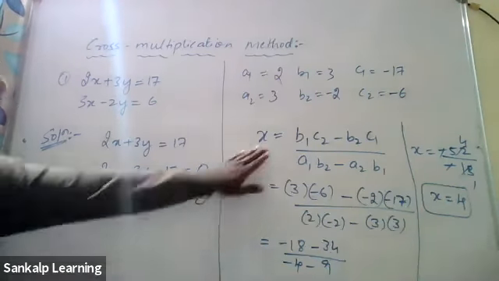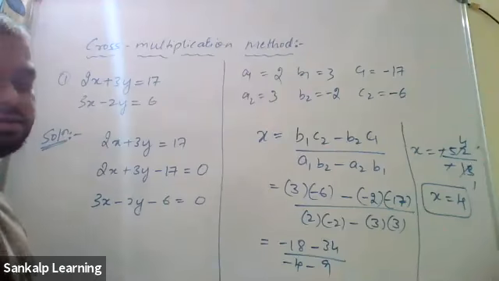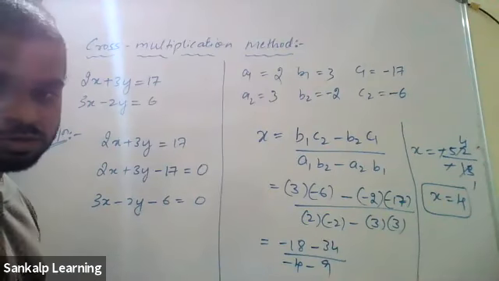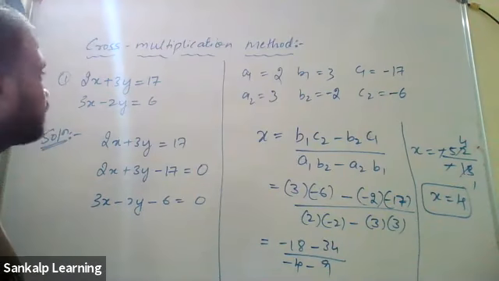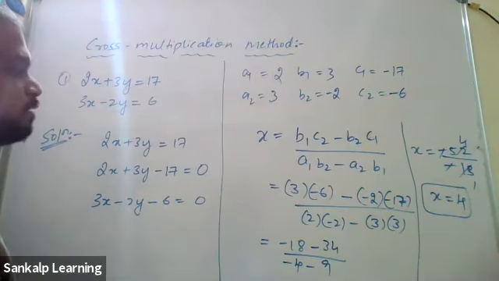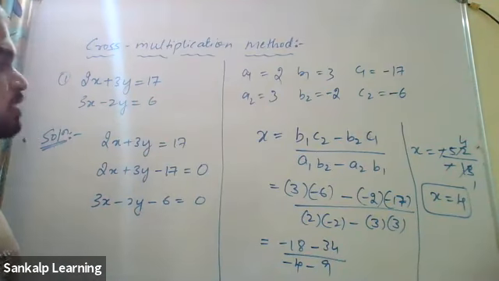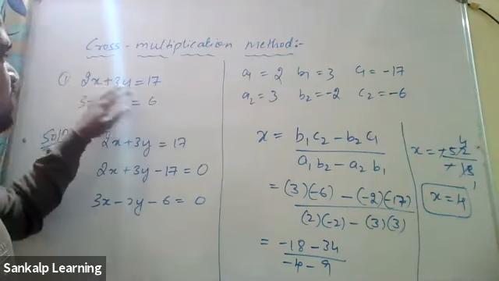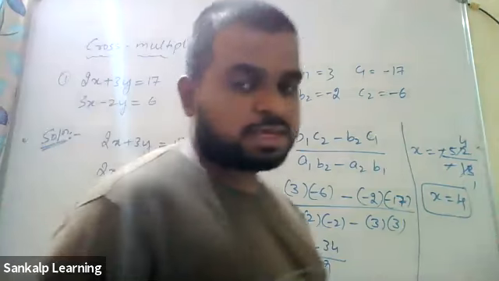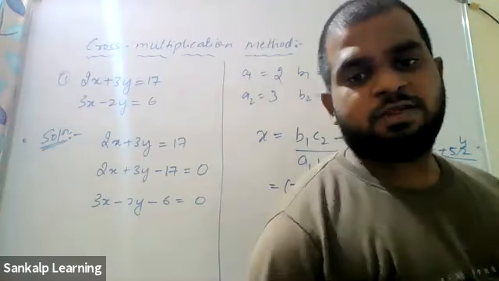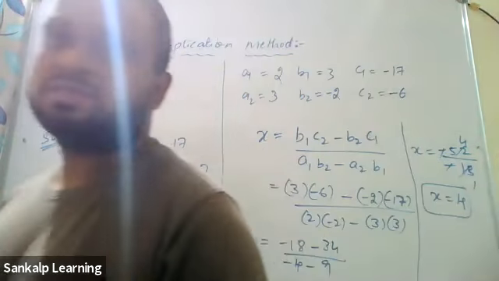This formula is actually derived from the elimination method. Okay. So Shrisha has got the answer as 3. What about the others? Yeah, I guess 3 will be correct. 4 2s are 8, 3 3s are 9, 9 plus 8 is 17. You can just verify. Put the values of x and y in the question, and LHS and RHS should become the same. If they are the same, then it's correct. Y value is 3, that's correct.